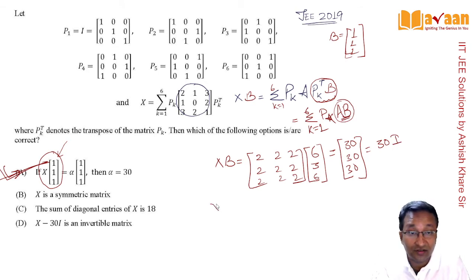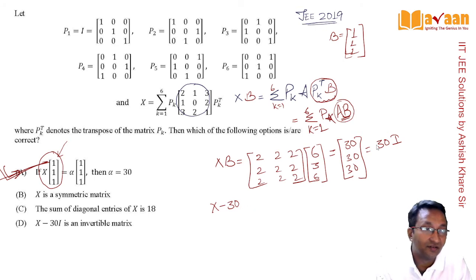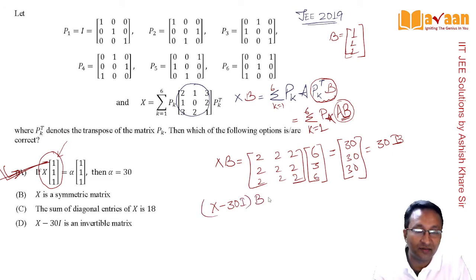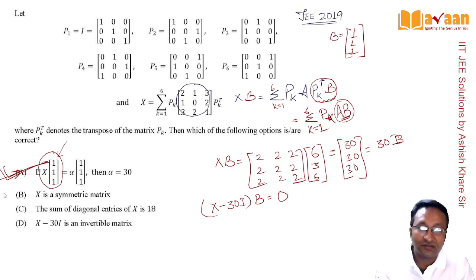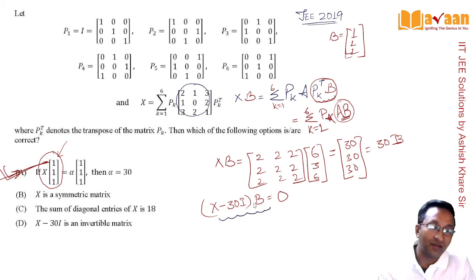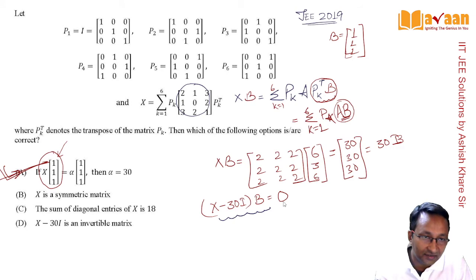I also suddenly realized that x minus 30 times, in fact, this is 30 times b. So x minus 30 times I into b with matrix is a null matrix. Now, if I try to solve a matrix equation with three variables, so this right hand side being a null matrix has the trivial solution,